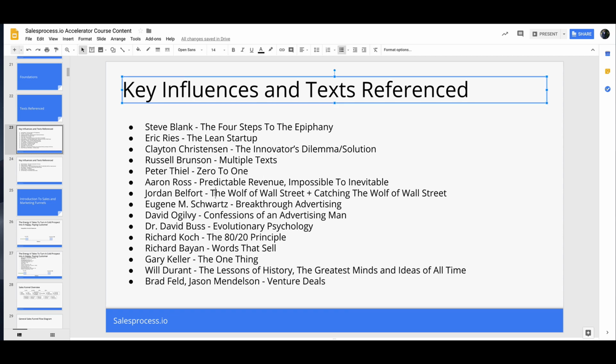Another great read. Now, you might not think that it's very educational, but The Wolf of Wall Street, and not only The Wolf of Wall Street, but the sequel, Catching the Wolf of Wall Street by Jordan Belfort. If you ever read any of these books, you probably have seen the movie. It's really entertaining, and he's a really funny guy, and he's a great author, and it's fun to read his stuff, but it's also really educational, especially in the sequel, Catching the Wolf of Wall Street, when he goes through the whole background story in depth of how he built his business and how he was able to recruit and train and generate leads and get these people so motivated,